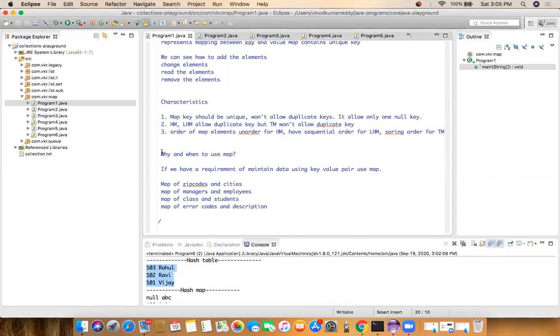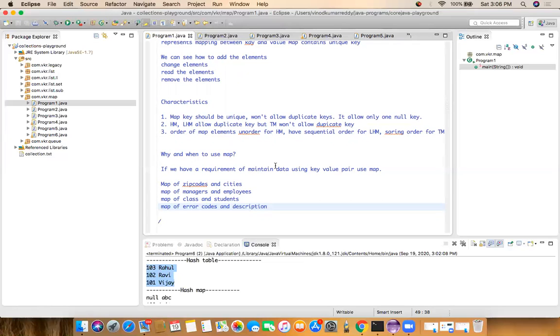See why and when to use the maps. In real time, where are we using these maps? If you have a requirement of maintaining the data based on key value pairs, we can use the maps. For example, a map of zip codes to cities.